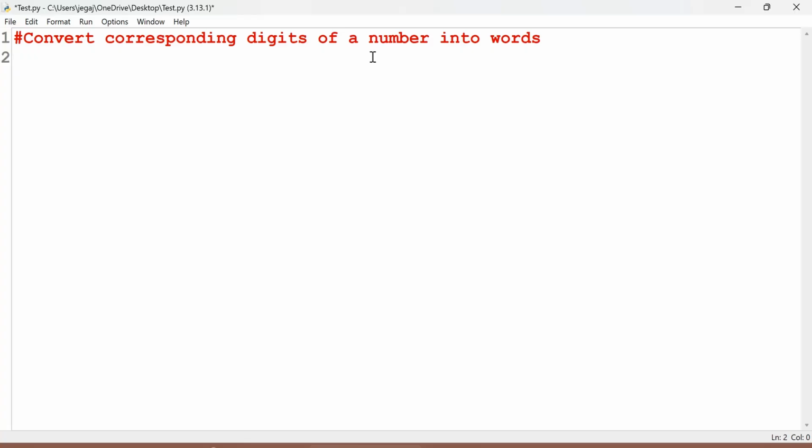So I need to accept a number from the user. Here I am not using the integer type, I am using the string type itself, but I consider that as a number. So num is equal to input of enter the number. Now I will have a dictionary where I will have a set of a digit and the word for it. So I call it as digi